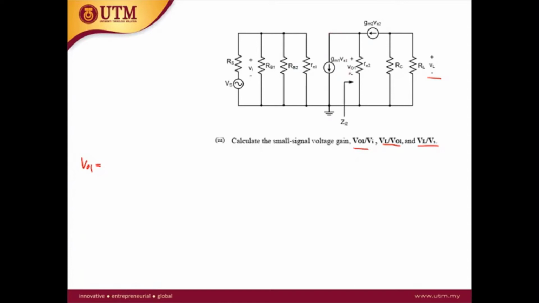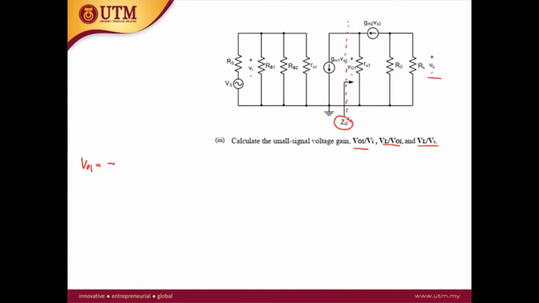So where is the V out 1? This is V out 1. V out 1 is the voltage across the R pi 2. So if we denote the input impedance of the second stage as ZI2, the voltage V out 1 is